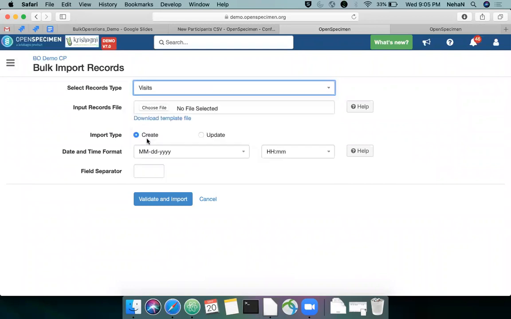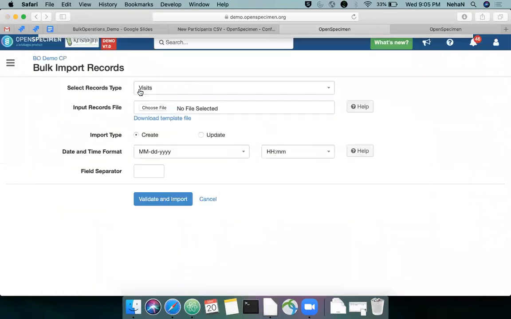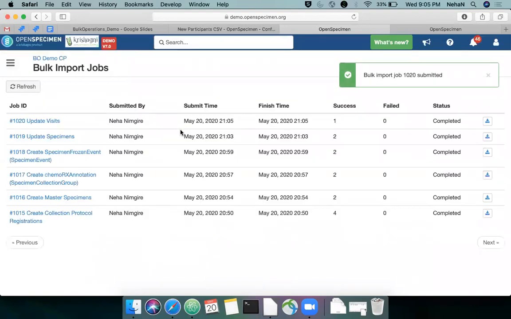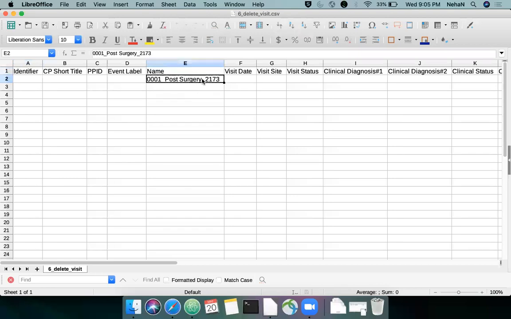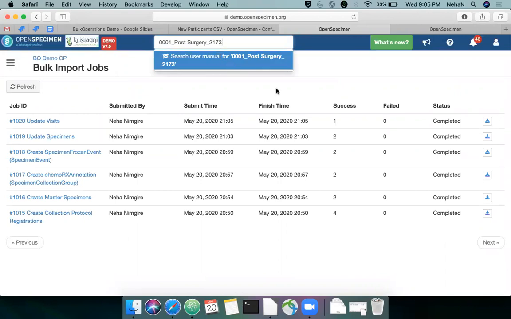This is updating visits, so I'll select visit, and the delete visit and update option again because we are updating something, and validate and import. Now if I try to search for that particular visit, it won't give me any results. Okay, so that's for deleting data.